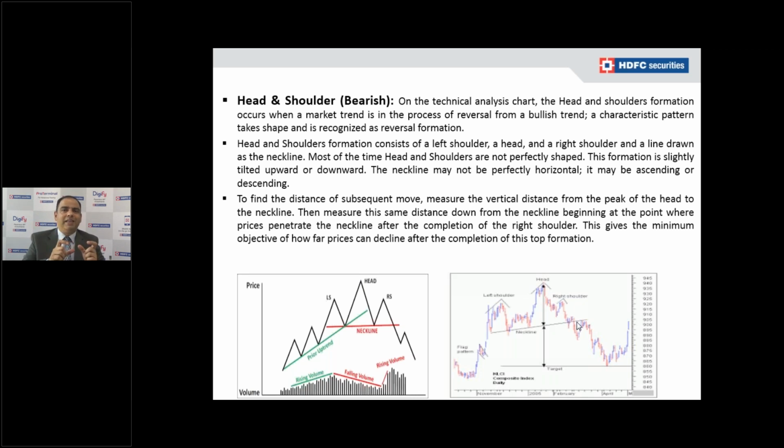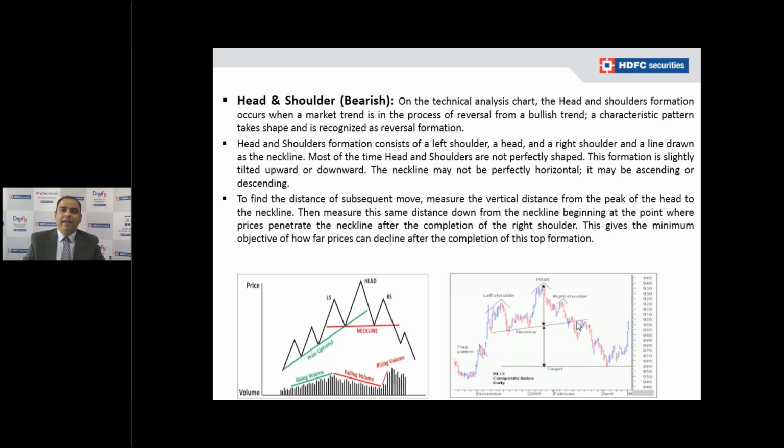Normally, volume also plays an important role in a head and shoulders formation. During the first shoulder formation, during the uptrend, the volume will be very high. When the stock price makes a high and forms the head, volume starts to diminish. This is very important. Volume starts to diminish. Once the neckline gets broken, the volume spikes on the downside. Most people enter at this level. This is a head and shoulders.